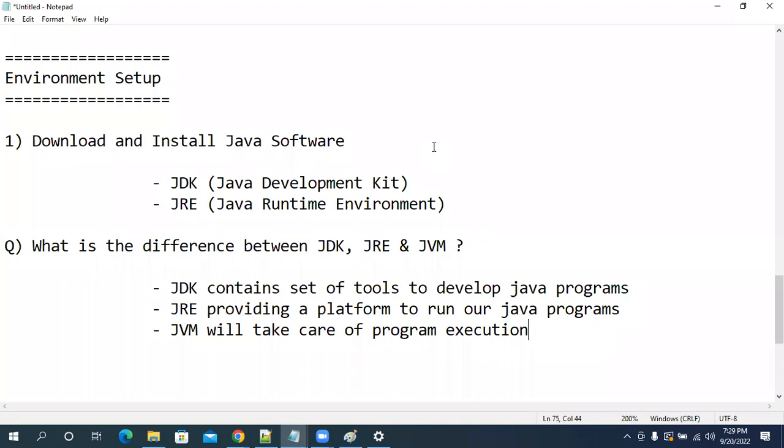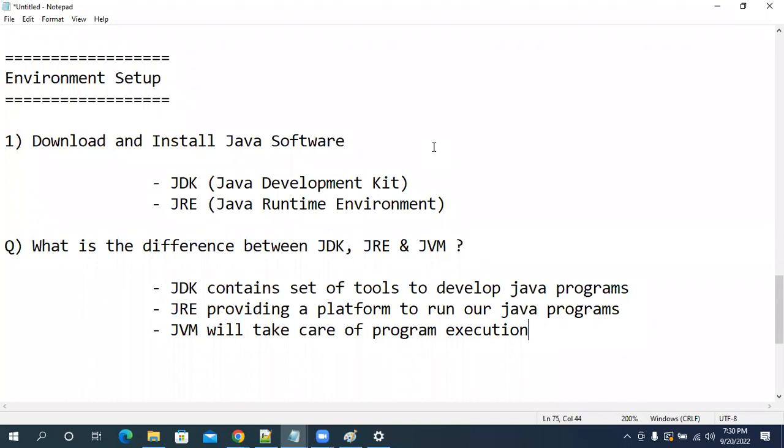I need to tell the path for Java. I need to tell where exactly my Java is installed. To whom do I need to tell that? Operating system. Are you guys clear with my point? So my machine is having an operating system. In that machine, I installed Java. But where is that Java? I know that because I installed it in the C program files. But how will Windows operating system know that? Do I need to tell it or not?